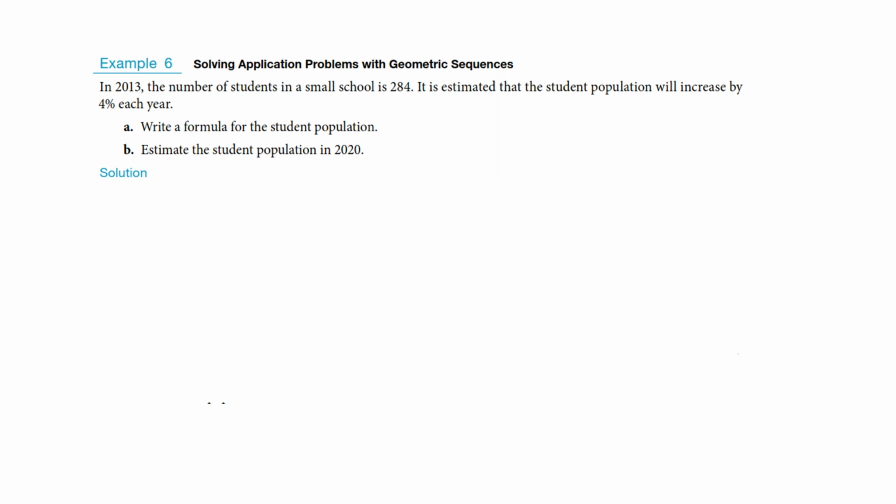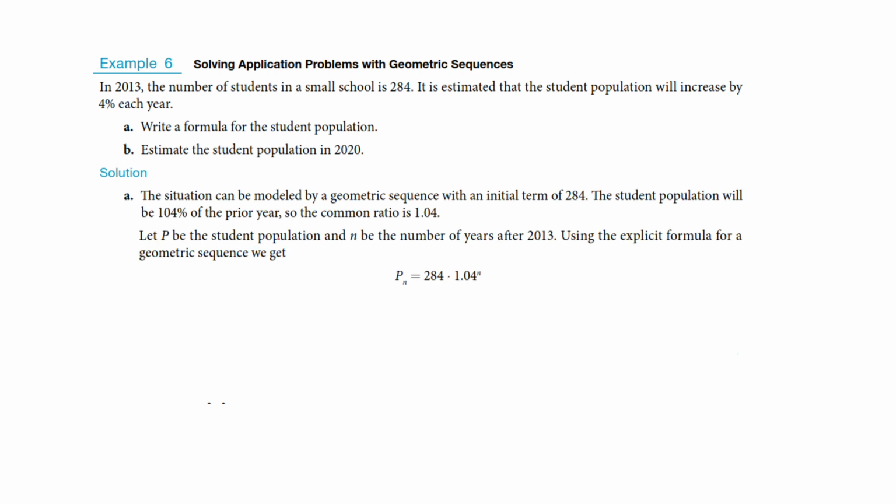Okay, we're going to end with a couple word problems, and just like I noticed they did in the arithmetic sequence, they're going to mess with us a little bit. They're changing their formula again to start with n being equal to 0 for the initial. There's nothing wrong with it. It's perfectly fine, but they haven't been doing that consistently. So what they're saying here is they're going to start with this initial amount as 284, and then we're increasing